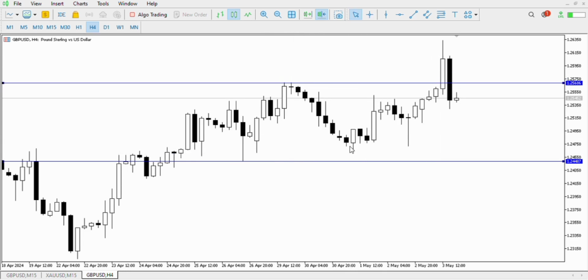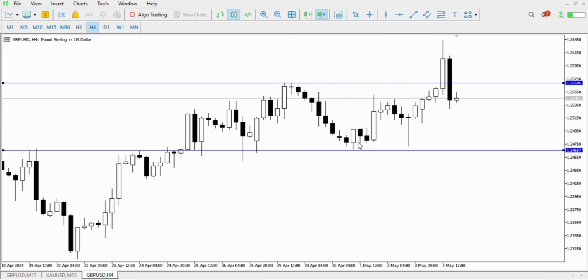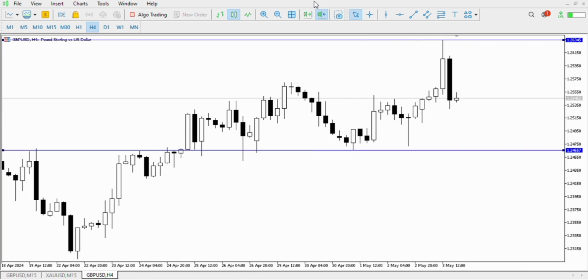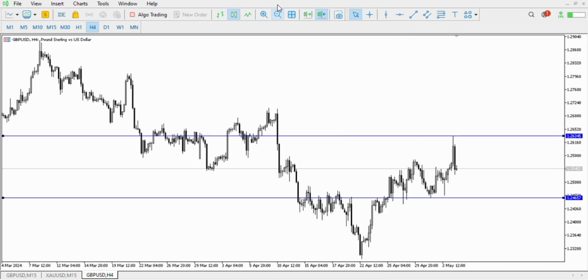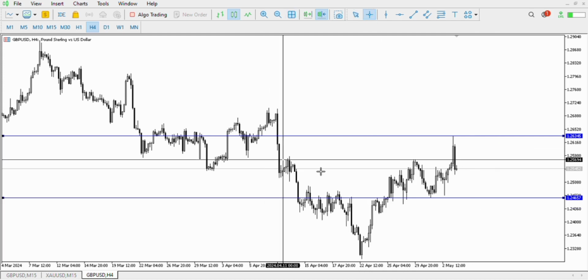So it means currently on GBPUSD, this is on the 4-hour time frame, this is the low and this is the high. Perfect. So what I'm going to do right now is delete it because I want to show you what's happening in the 1-hour time frame, also the 15 minutes time frame. It can be kind of confusing when you're seeing this blue line. But if you happen to be a 4-hour trader, like you work with the 4-hour time frame,